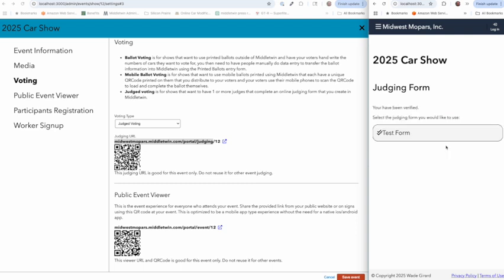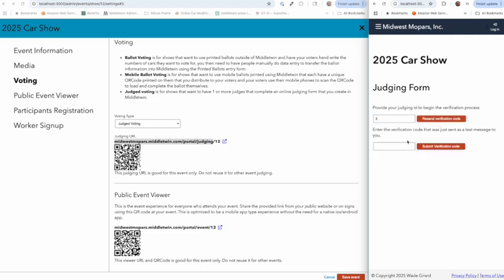And submit that verification code. And so that worked, and now I'm logged in and I can actually see the judging form. I'm going to reload the page because of that new form that we created, and I'll redo this one more time. Every time they come to this page, they'll have to